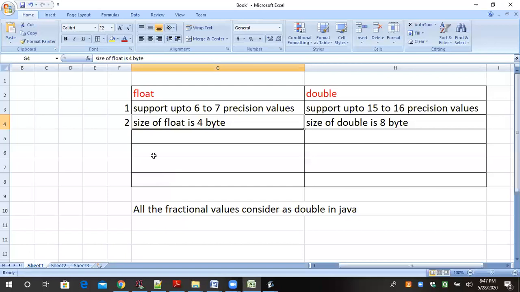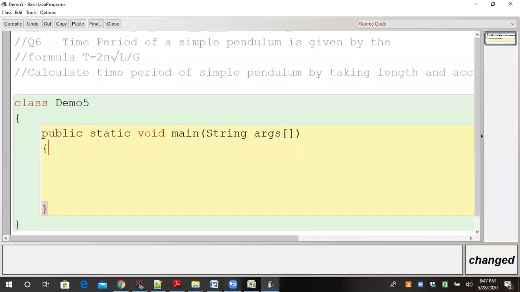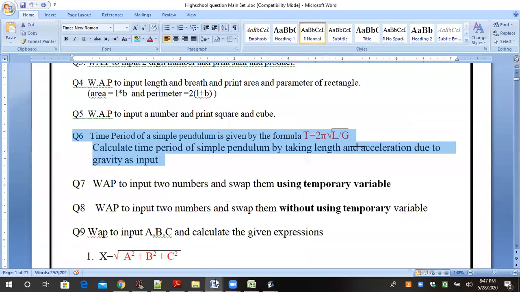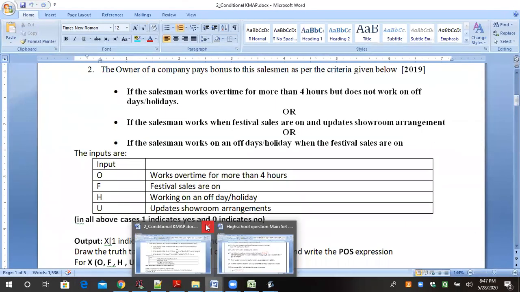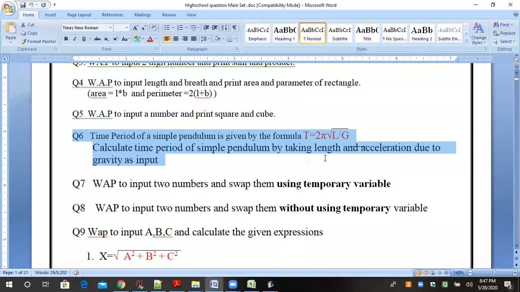Okay, coming back. One minute, please, one additional file is open. Now, what we have to take as input. Actually, one more thing I want to tell you. Sometimes the students get confused: sir, do we have to take the integer or the double? It's very easy to take everything in double, but it's not a good practice.